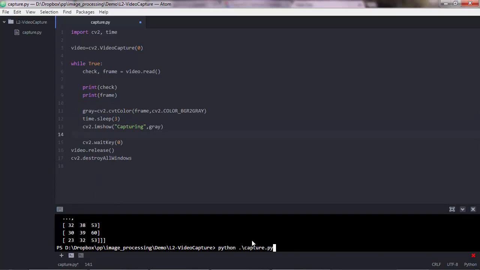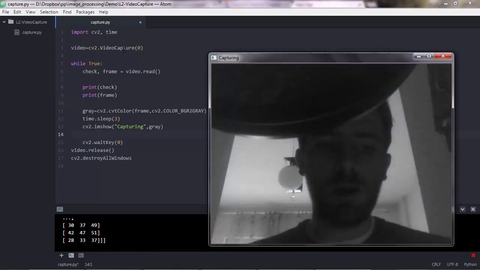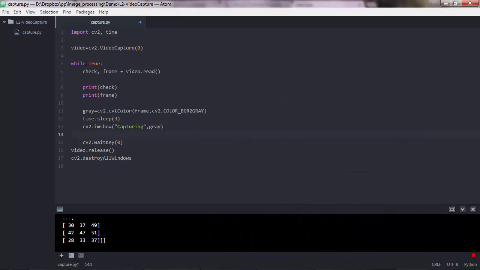But if I try to run this now, what will happen is that Python will trigger the video capture, and it will show the window, but it's just one window only, just an image, the first image of the video. The while loop starts, it creates a frame, the very first frame where the video starts, and then it converts the frame to a grayscale image, and then it sleeps for 3 seconds, okay, and then it shows the image,